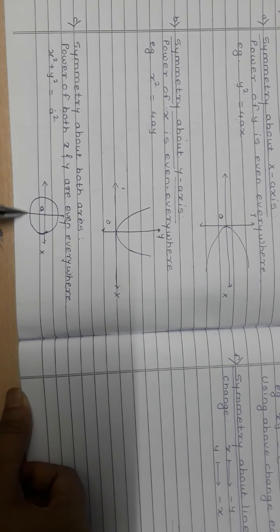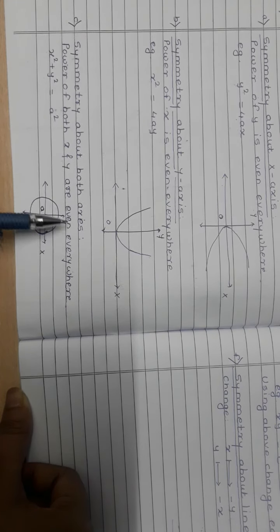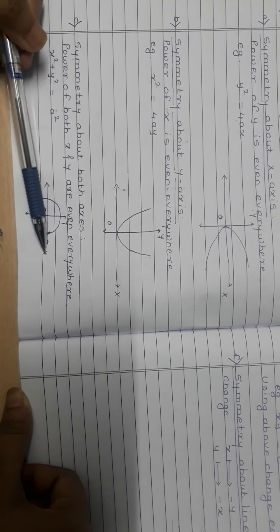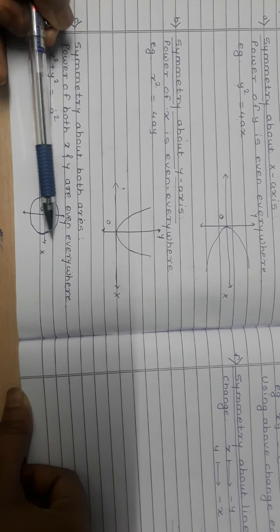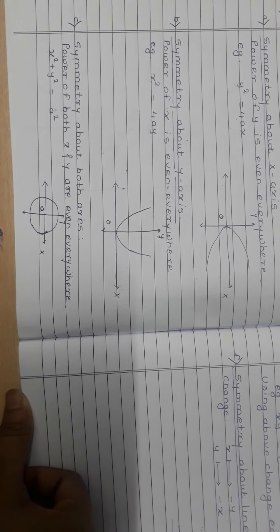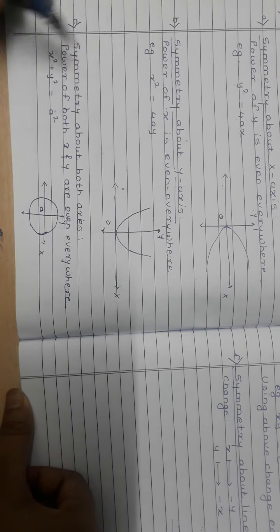So we draw the circle like this, and in this case see half part of portion, if I consider y axis for now, the same half part appears on the left hand side. If I consider symmetric about x axis, then half part and the same half part appear below also, right? So symmetric about both axes meaning the power of x and y both must be even throughout the equation. Okay, so these are the 3 points.